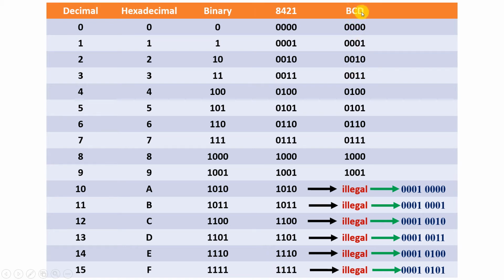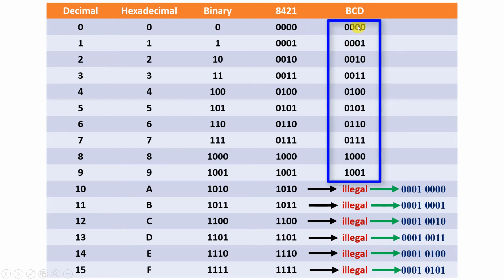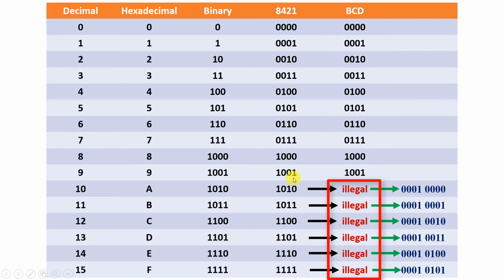After that, we have the BCD numbers, the binary coded decimal. So every decimal digit has to be coded in binary. So the code continues from 0 to 9 as it is in the 8421 code. But from 10 onwards, you find that these codes are a set of illegal codes for BCD numbers. However, a number 10 can be represented by 0001 0000, meaning thereby that all these codes from 1010 to 1111, they are illegal, they are not a member of BCD code.